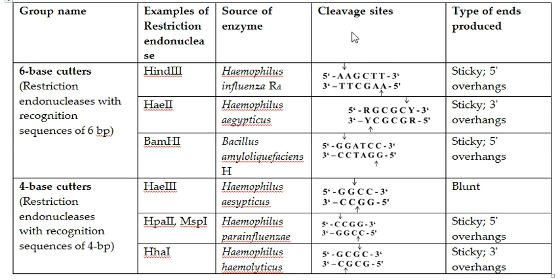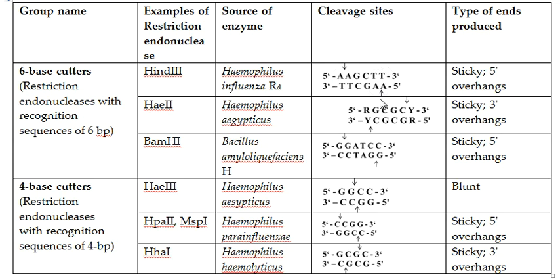Now this column represents the recognition sequence of all these enzymes which are listed here. For example, Hind3 has a recognition sequence of 6 bases, that is AAGCTT. Now here you can see these arrows in all of them. These arrows indicate the place where the enzyme is going to make a cut, so the phosphodiester bond between A and A is going to be broken by Hind3. So if the enzyme makes a cut here and it makes a cut here,